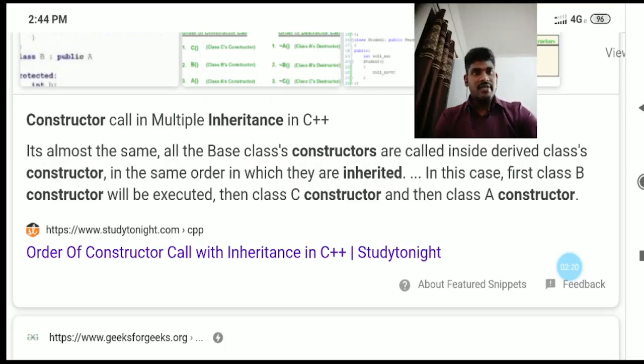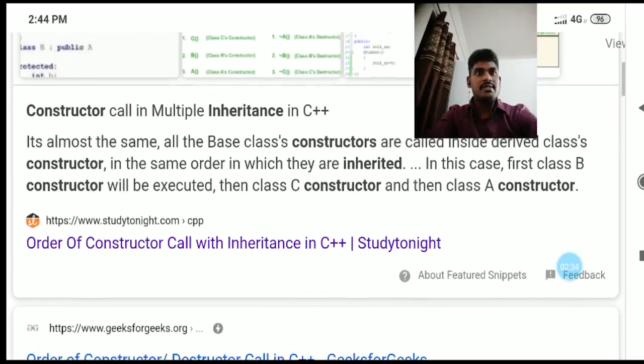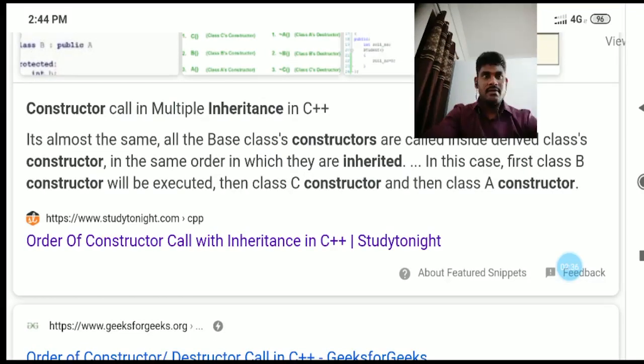A constructor is a special member function. Constructors and member functions seem to be the same but are different. I will show one example.